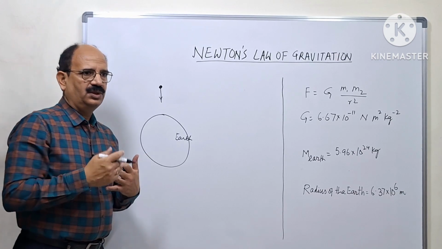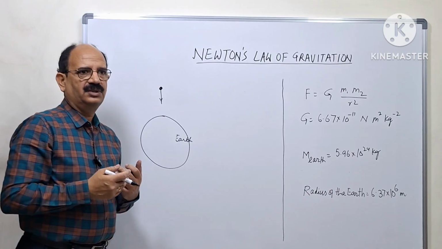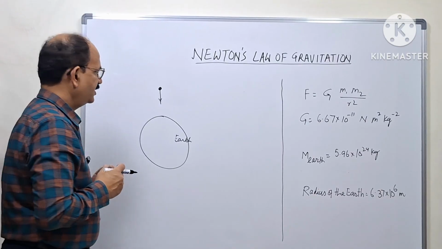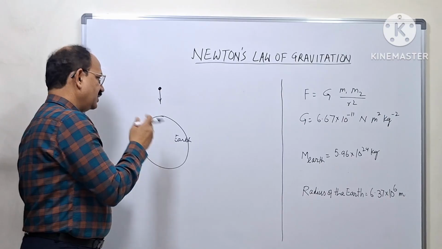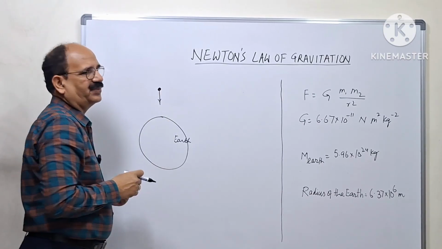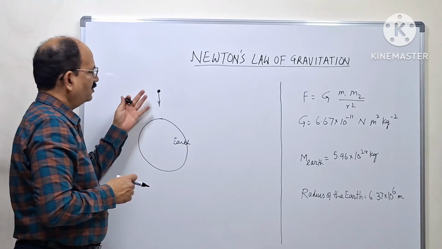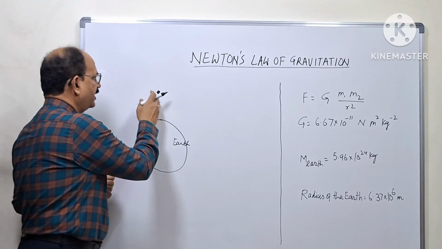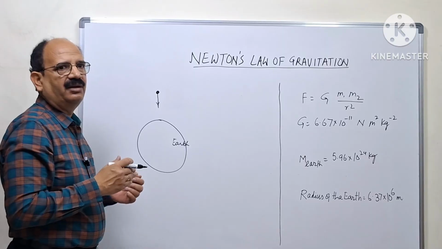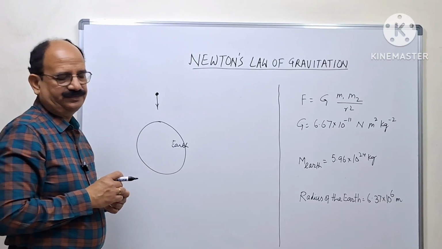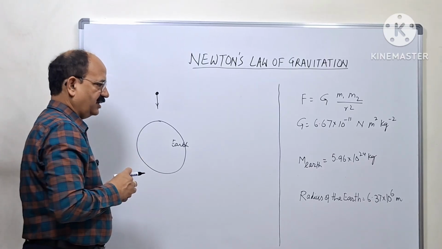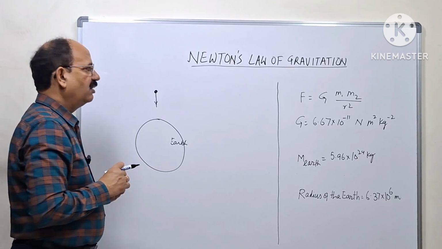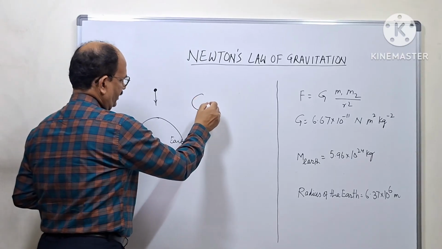Now Newton further elaborated that concept and thought about whether the force with which earth attracts any object is applicable only between earth and some object near the earth's surface, or it can be between any two objects. And after further exploration, Newton reached this understanding that any two objects you take,